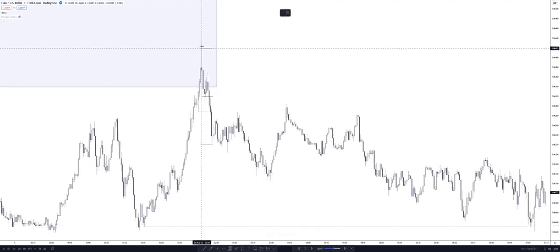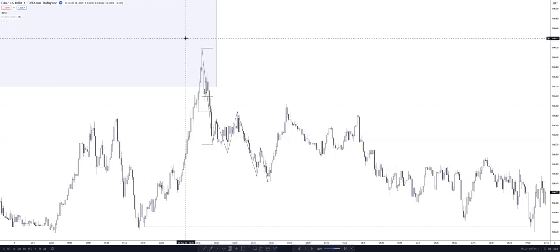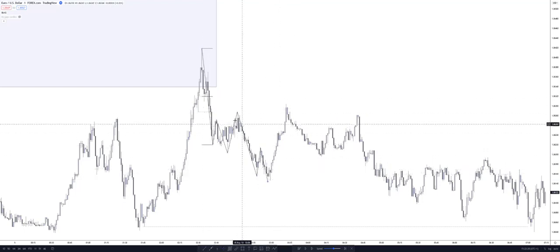Okay, so price comes down, comes up, doesn't mitigate the premium, sweeps that low, doesn't close below it, comes up again, sweeps that high, and breaks that low again, and this is all very messy price action. So if we look at this, we've got a breakdown, a small reaction move up, a sweep of that low, a break of that high, another break of that low, another reaction up, and then another break again. Then what happens? All of this messy price action gets